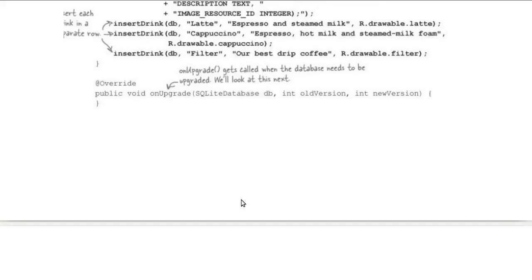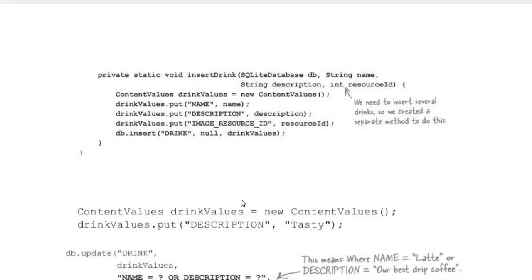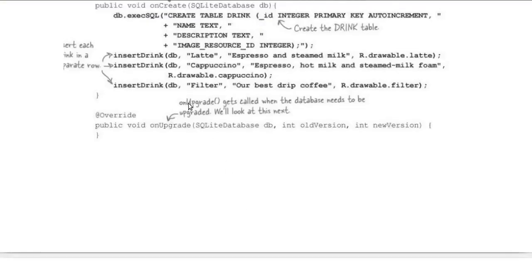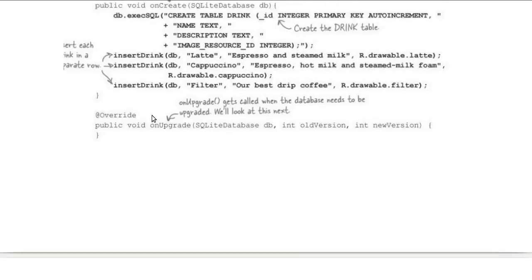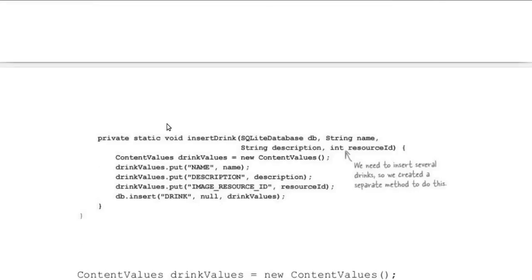So how can we use this? Here we have the insert method. We have created a static method, so we don't need to call it through some object. We call the insert static method directly. We pass the name, description and resource ID, and here we have created the ContentValues.